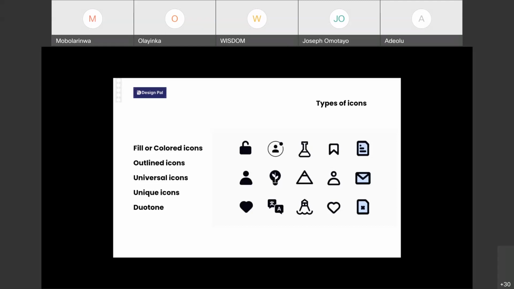Basically, like I mentioned, the search icon is a very good example of universal icons. Anywhere you see a search box, anywhere you see something about search, all we see is a magnifying glass. If I'm designing a search bar and I use something else, let's say binoculars, I'm basically trying to confuse a lot of people. So when it comes to universal,